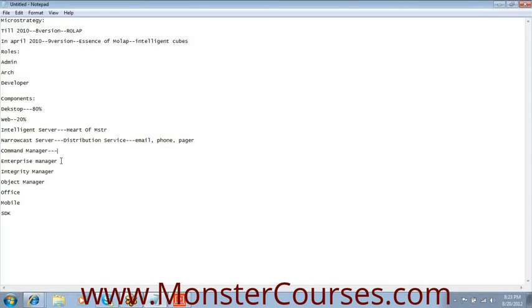So in what scenarios will you be using it? Let's say, for example, you need to create a user called Pavan. You go to the desktop, where you will have an administration console. I can show you here.